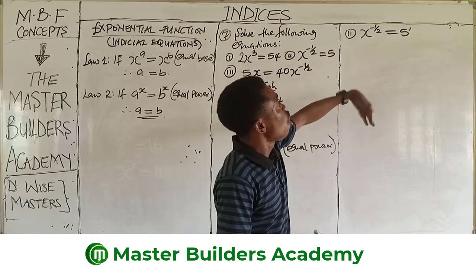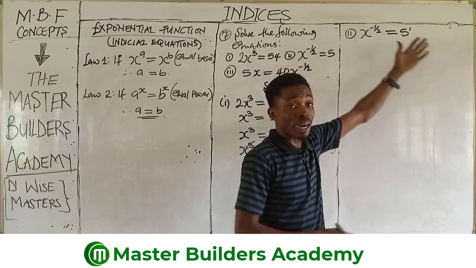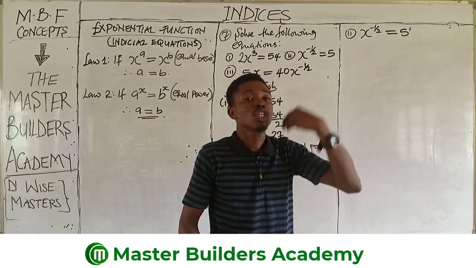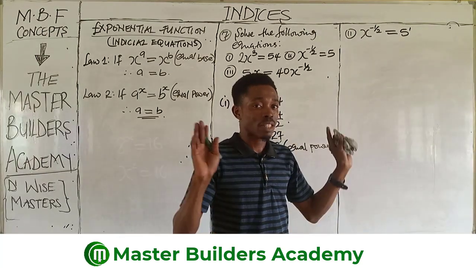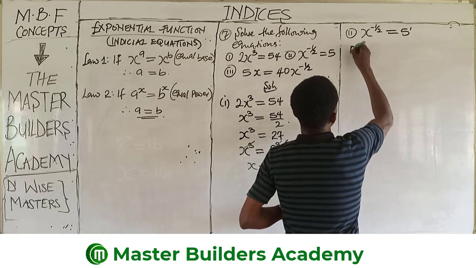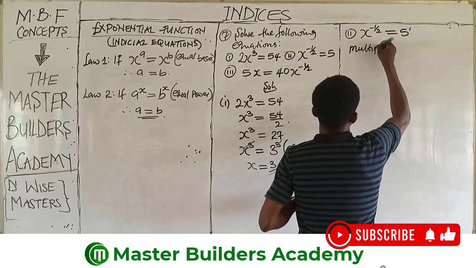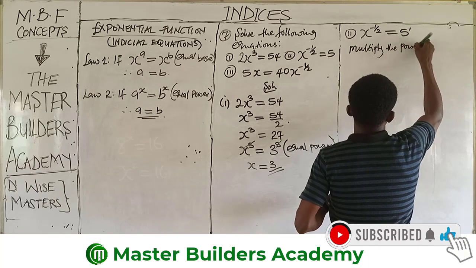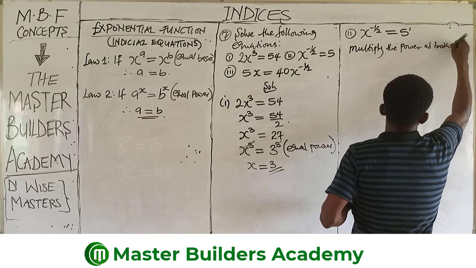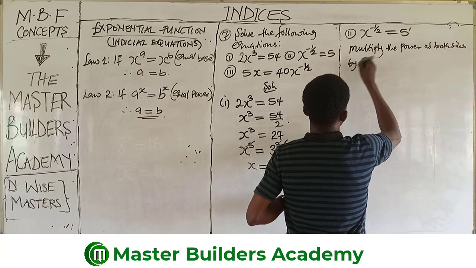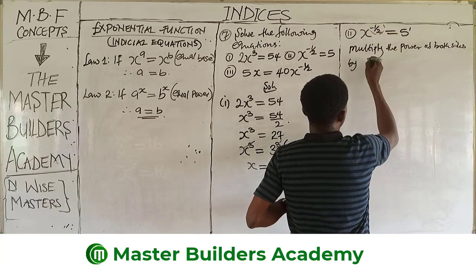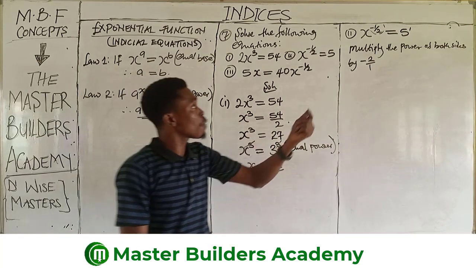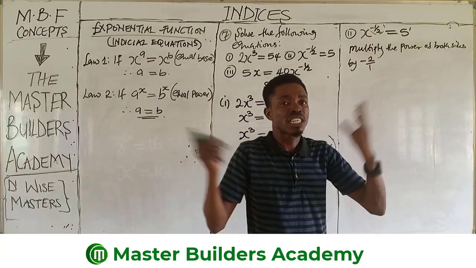So what must we do in this case? All we need to do is to eliminate this power. And to eliminate this power in fractional form, just invert it and multiply it with both sides. That's all. So all I need to do now is multiply the power of both sides by the inverse of this power, and the inverse will be minus 2 over 1. So anytime you want to clear up a fraction as a power when solving an equation, all you need